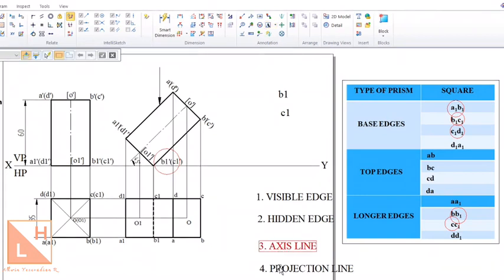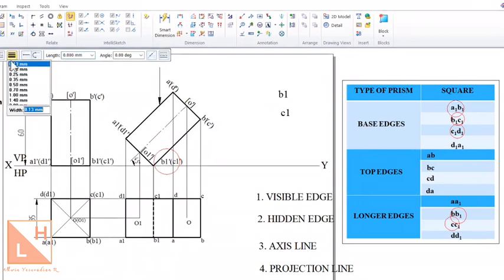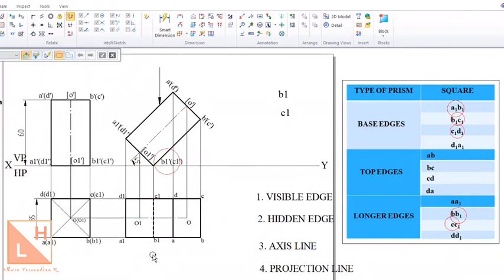Now as I already mentioned, the priority will be given to the axis line when compared to the projection line. The axis line here is O to O1, which is connected with the projection line at the moment. So let us change it to an axis line. The axis line will be given with the third line in the line type. It should be drawn with a thin line and connected with the axis line. Now that completes the second position for this particular problem.